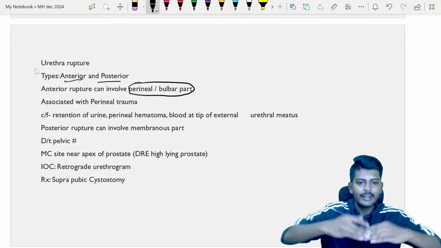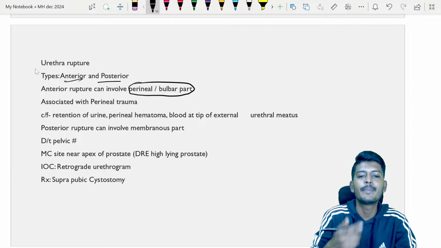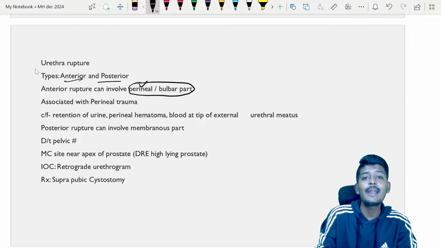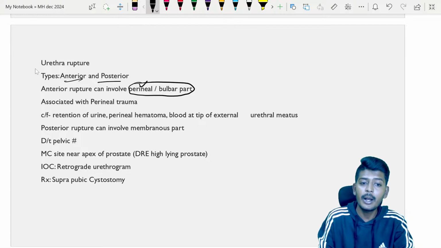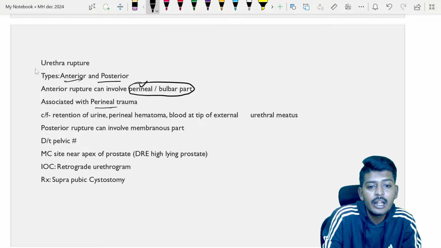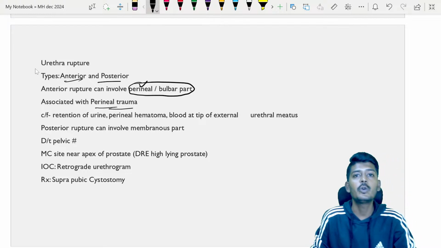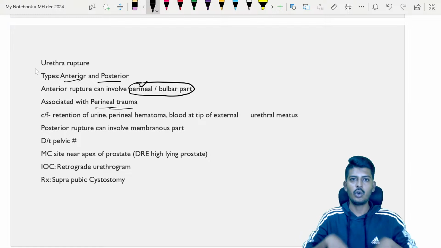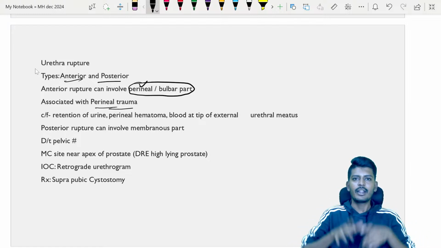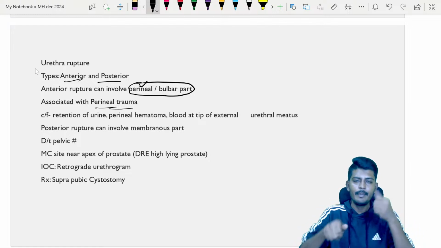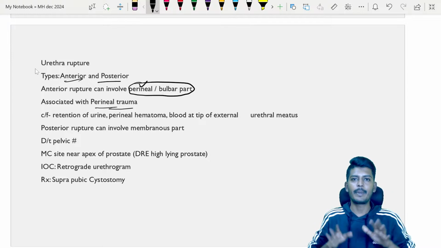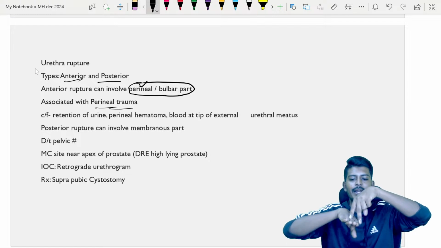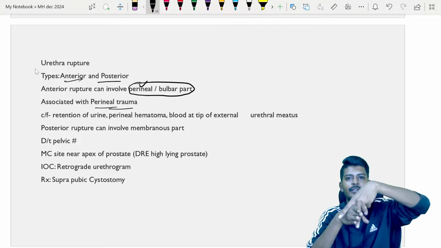Okay, meaning the part towards the front. So it is the perineal region. So when will perineal urethral rupture happen? It is associated with perineal trauma. Perineal trauma, I will tell you. Let's imagine a person was walking on the road. Somebody did not cover the manhole properly. The manhole was not closed properly. The person is walking, he steps on the manhole. The manhole instantly gives way, and immediately the person goes down and hits.